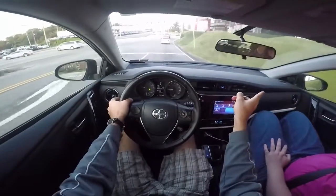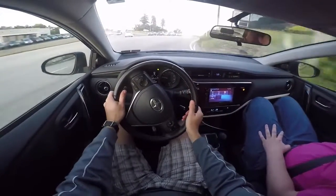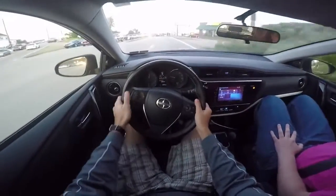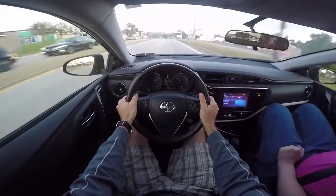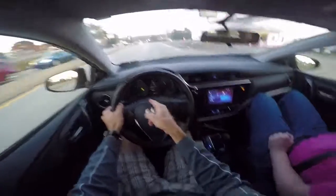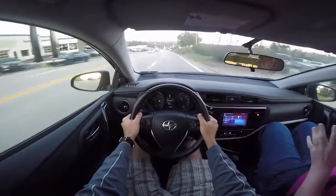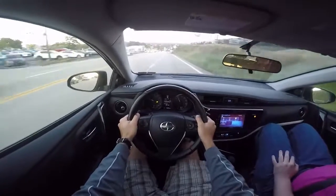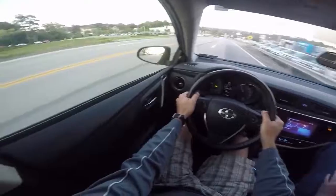Do I want to take a right here? No idea. But if you leave it in first, foot on the floor again, you're in the manual mode, it'll think you forgot, and then it'll just shift for you. Yeah, it doesn't need to do that. What is it? It's the fake automatic. It wants you to think you're driving a normal automatic car. They sell the CVT like it's a special